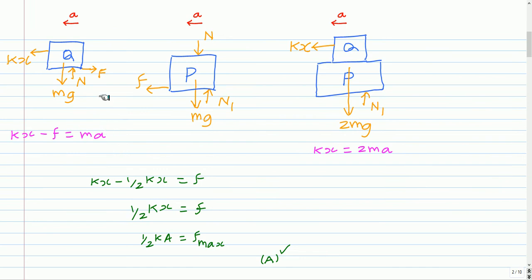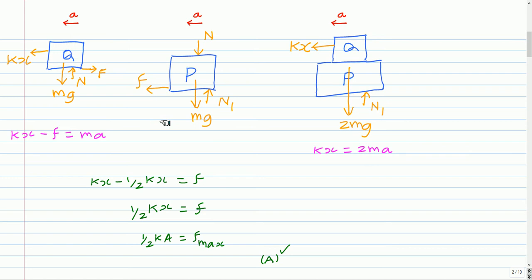So this is a free body diagram of the blocks. For block Q, which is on top, the weight of the block is mg, and there is a normal reaction between the contact surface of blocks P and Q, and the spring is attached to block Q. When block Q is moved to the right, the spring will try to pull it towards the left, and let the friction force be directed towards the right. The direction of the friction force will become clearer when we analyze the free body diagram with block P.